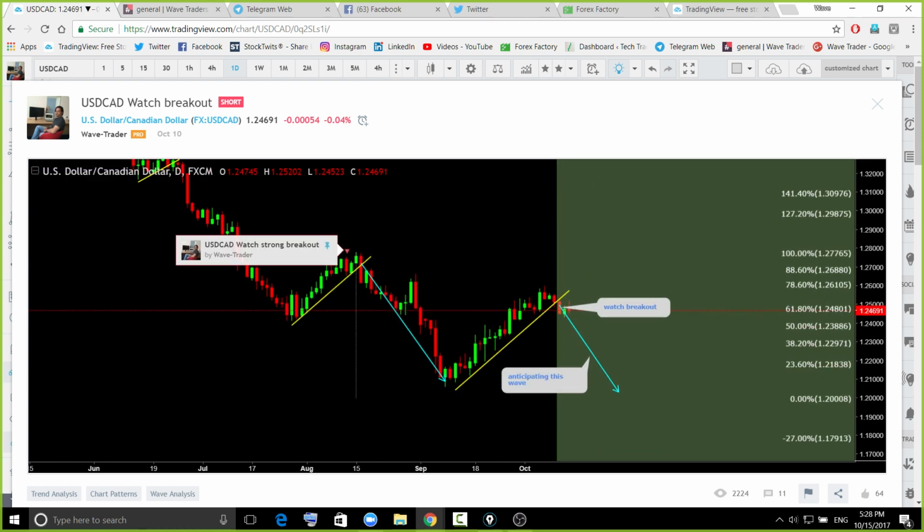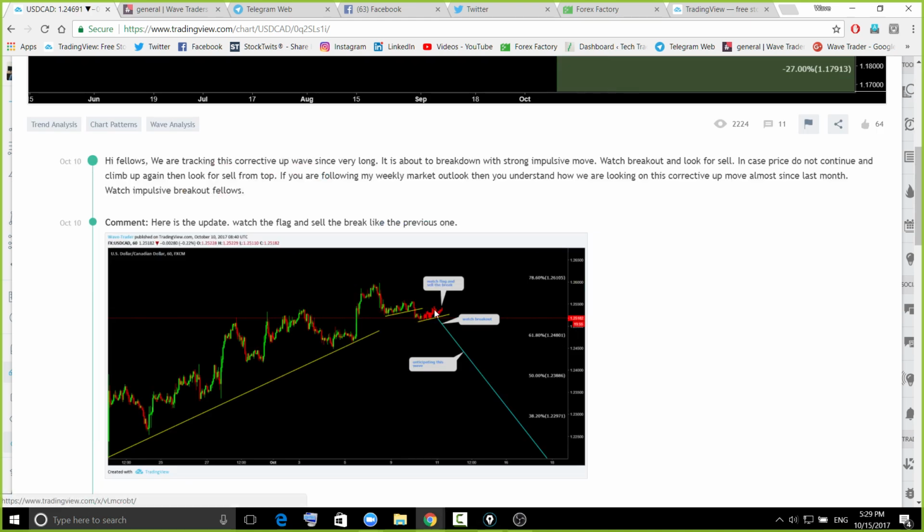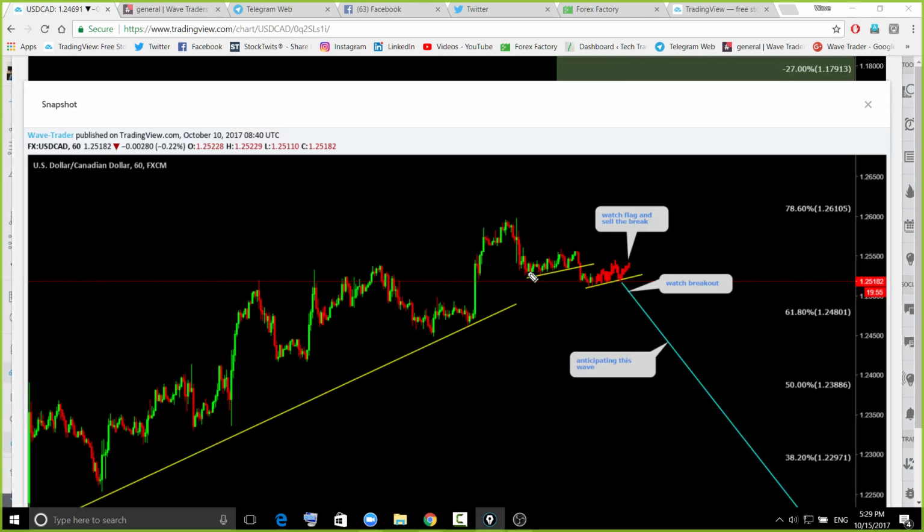What kind of breakout were we anticipating? We were anticipating that kind of candle, but what we have seen is a corrective breakout. We can read that on a lower time frame easily. So that was the flag. The flag I showed you last week, price was somewhere here, and I told you to watch that flag and look for the breakout, then watch another flag and watch for the breakout. We are having another flag over there. A couple of flags in the same place are telling us that it is falling correctively.